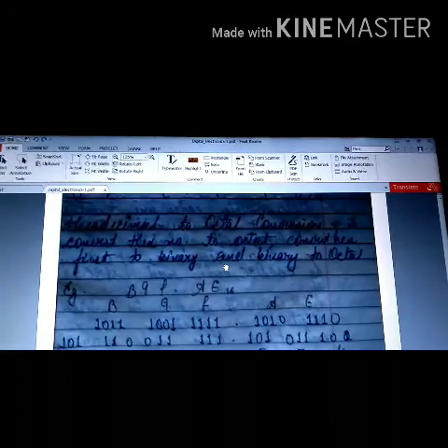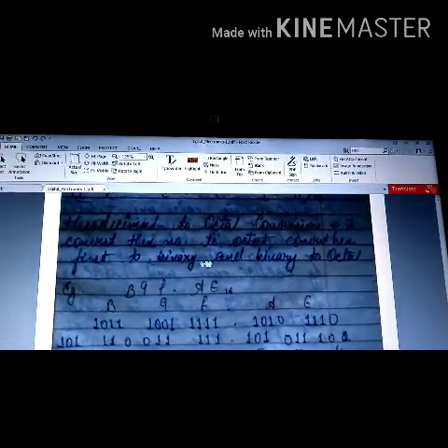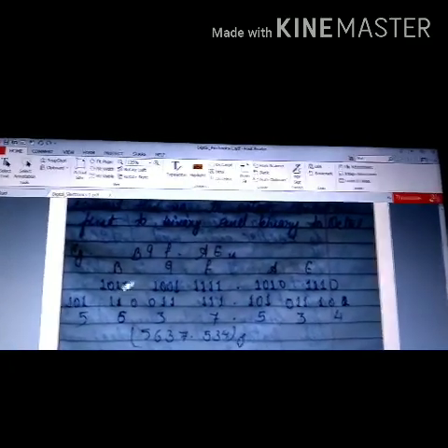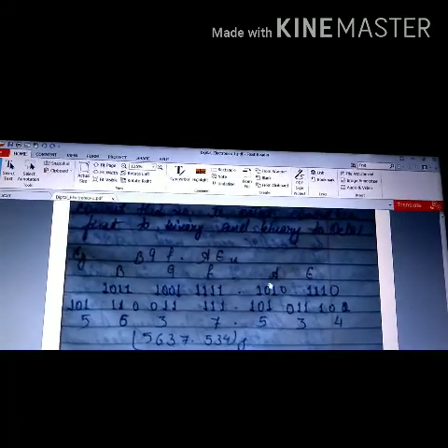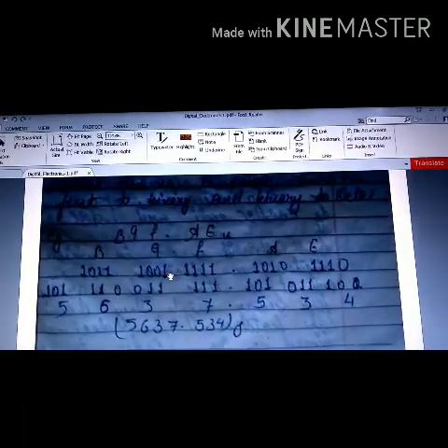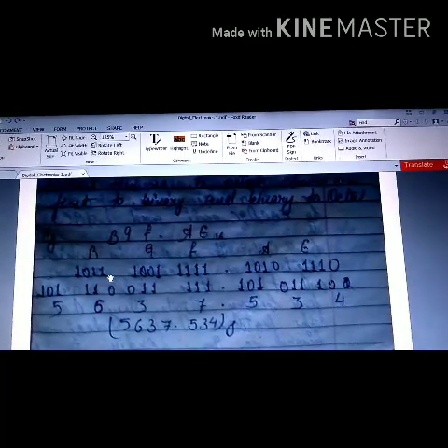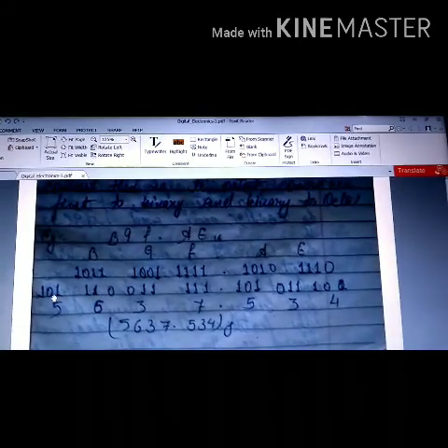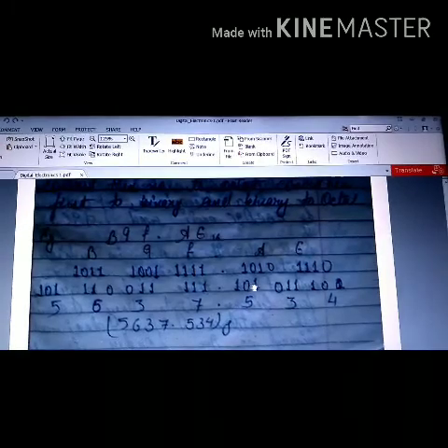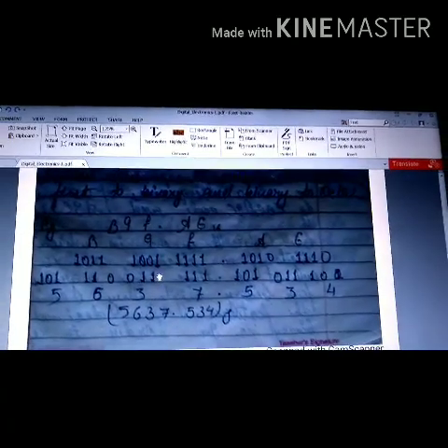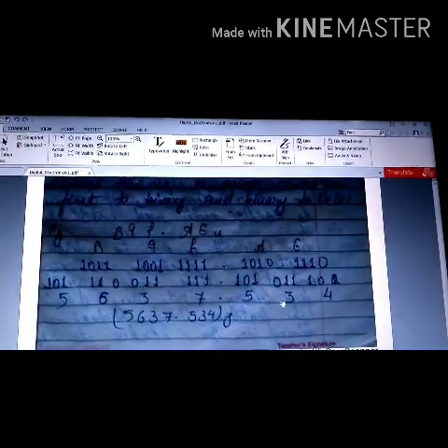To convert hexadecimal to octal, convert each digit to binary and then binary to octal. So B9F.A is to the base 16. So B is this much, 9 is this much, F is this much, A is this much. Now from the decimal point start groups of 3. So 111, then 110, then 110, and then 011, and then 101. Similarly on this side 101, 011, 100. So this is the complete number which you will get, that is 5637.543 in octal.